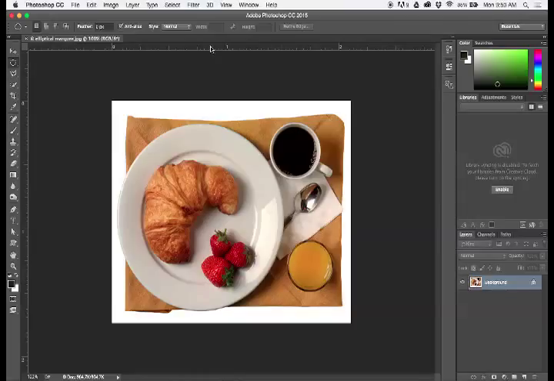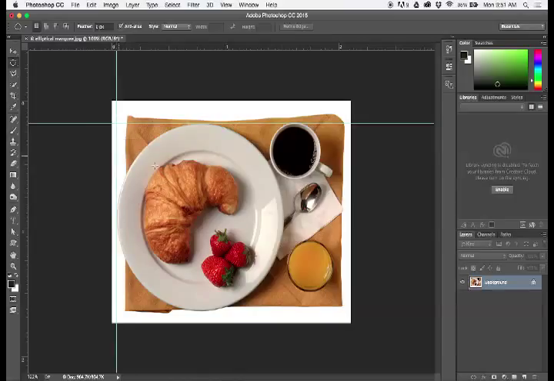I used to teach a lot, and I don't teach as much anymore, but I'm going to show you. Up here, see how we have rulers to the top and to the left? If I see that my cursor turns into an arrow, if I click and drag down, you see that I'm creating a guideline. I'm going to create a guideline right at the top of that plate. And the same thing with the left-hand side. I'm going to click with my arrow and drag out so that I'm right on the edge of that plate,